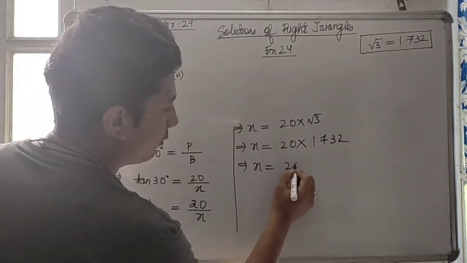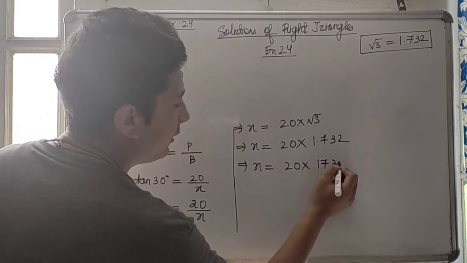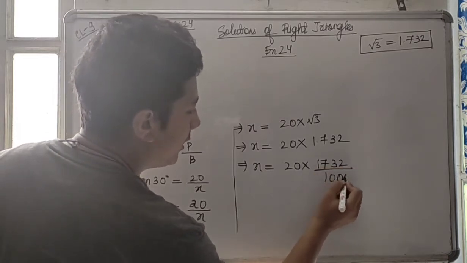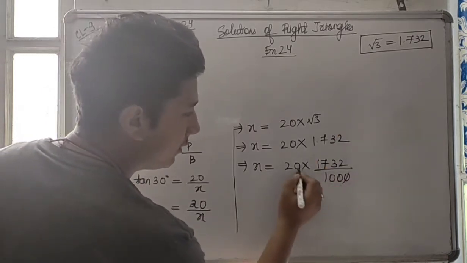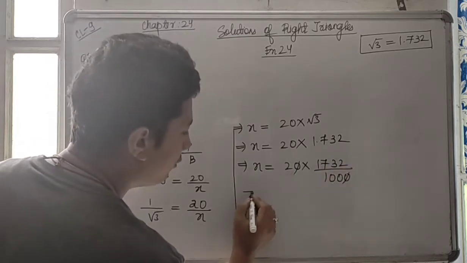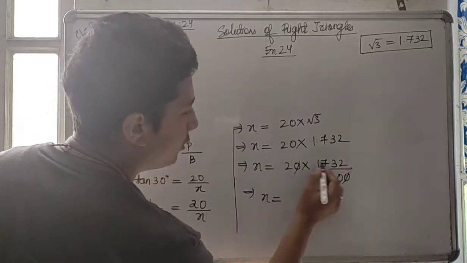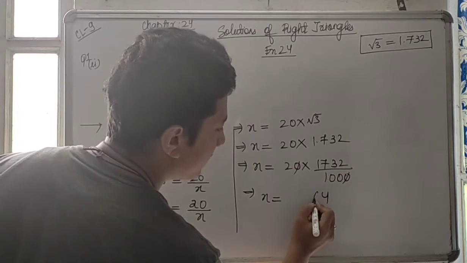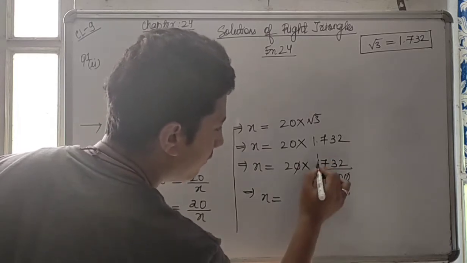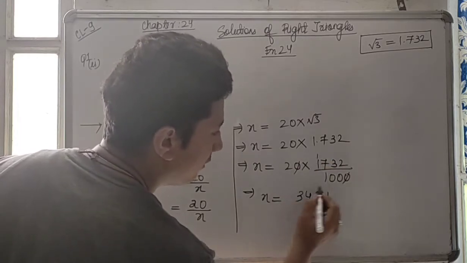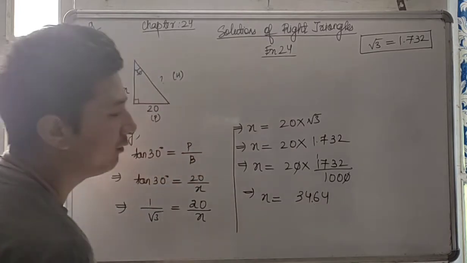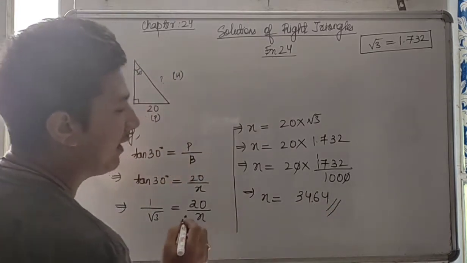So x is equal to 20 into 1732 divided by 1000, because of 3 decimal places, the 0 0 gets cancelled out. Multiply with 2, you'll get the value for x. 2 2s are 4, 2 3s are 6, 2 7s are 14, 2 1s are 2, 3. So therefore, how many decimals? 2 decimals. So 34.64 is going to be the value of x.